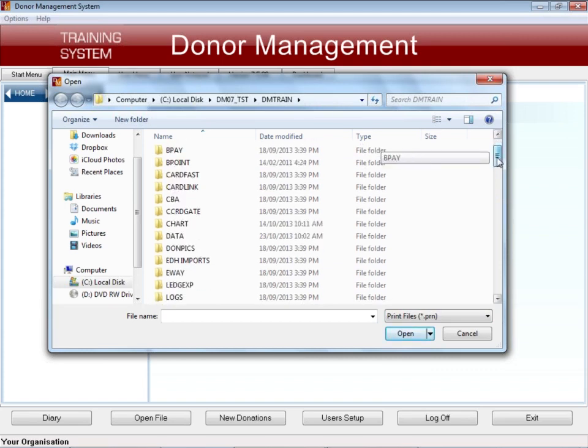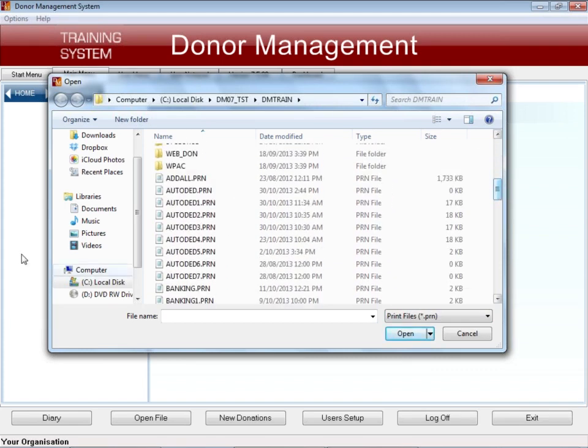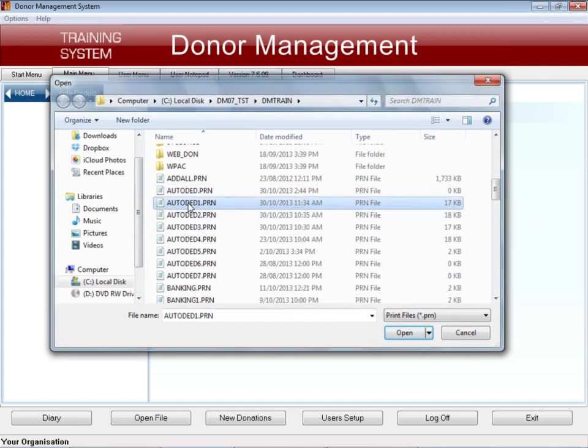When I do the auto deduction report, by default, just like the banking and the names text file and the ledger report and everything, the system will create the printout of the report. So you can see I've got auto deduction, which is today's report, which has basically got nothing in it. So I'd have to go back and actually look at the pledges to find out why that didn't happen. If I go and have a look at one that I actually ran earlier this morning,